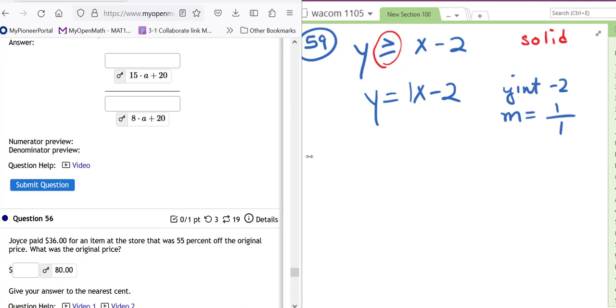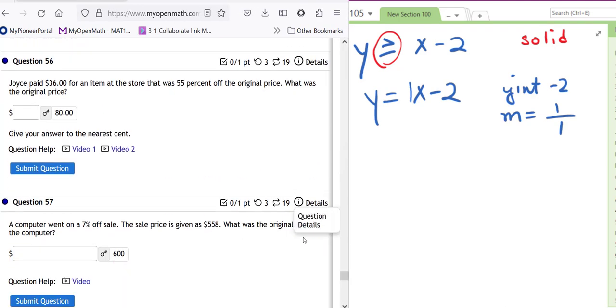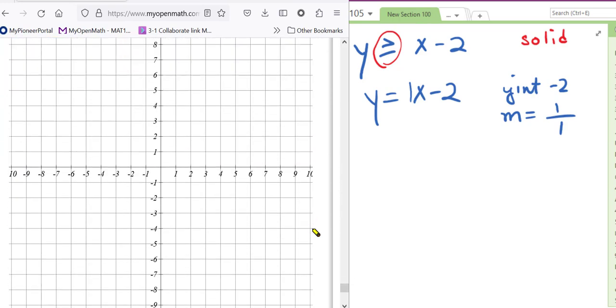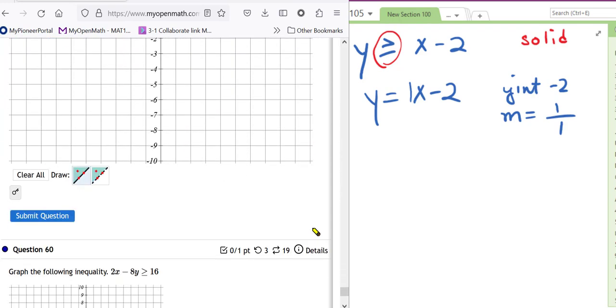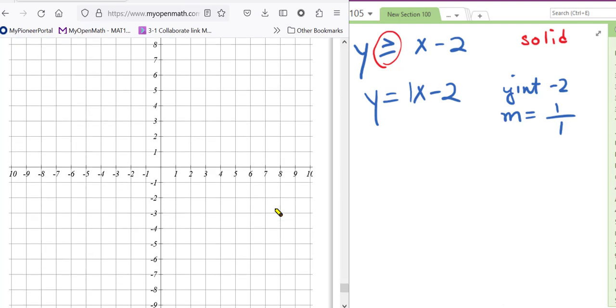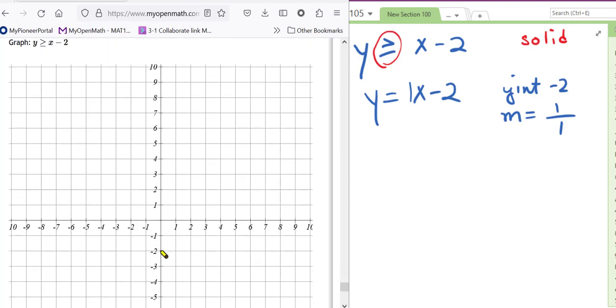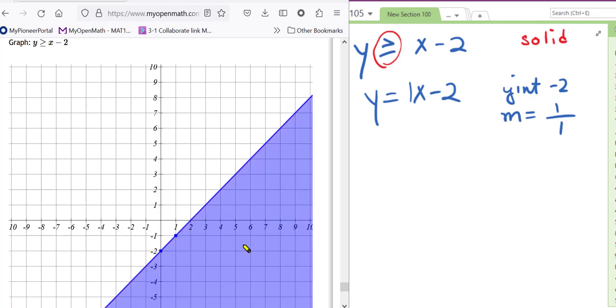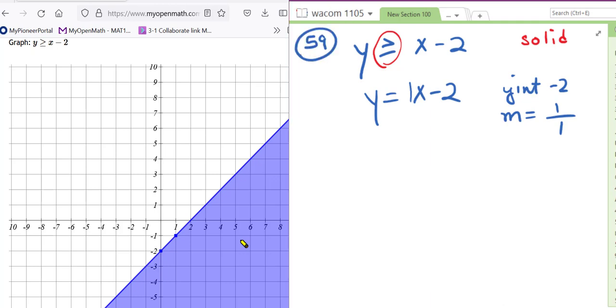Let's try and get a little bit more space there without making a mess of my thing. All right, and it is going to, that's okay, I can go ahead and plot that much. All right, I said it's going to be solid, so I need this tool. And so I'm going to plot -2, and I'm going to go up 1 over 1, and I'm going to click. Now, it shades just if you move from one side to the other, but I have to decide which side gets shaded. So I'm going to do a test point,